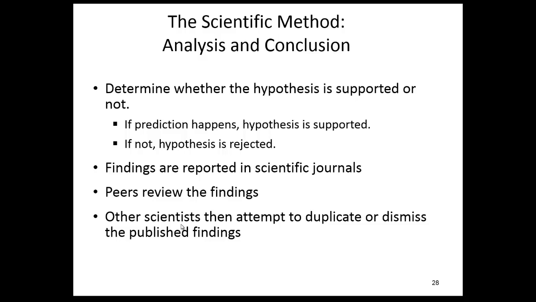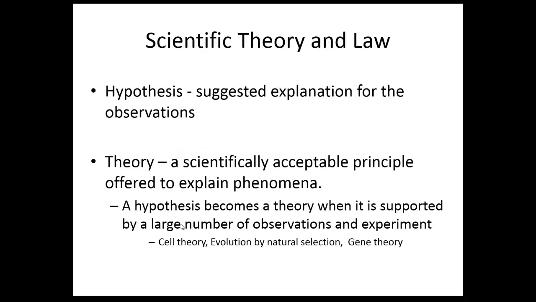So anyway, looking at then the different types of scientific information that comes out of experimentation, we have theories and laws. Evolution we know is a theory. Cell theory is where all organisms are made up of cells, and gene theory. It basically tells us why something happens. It helps to explain what we observe. So theories are statements or ideas based on evidence from experimentation. And they can be proven wrong.